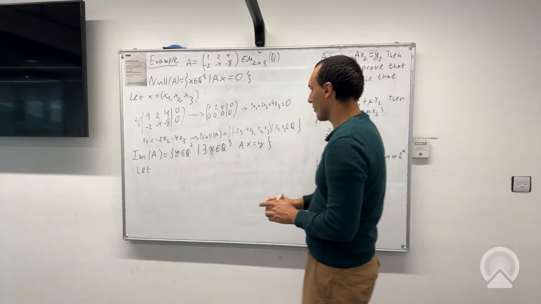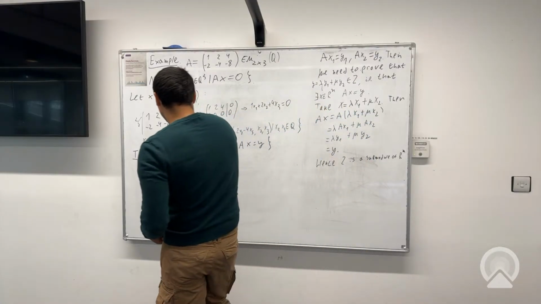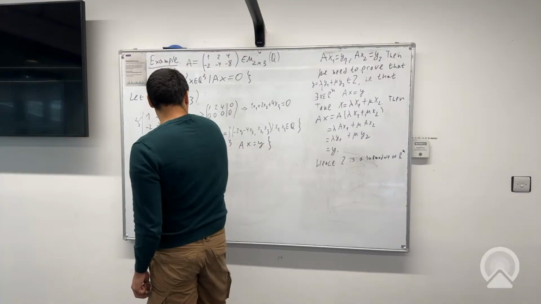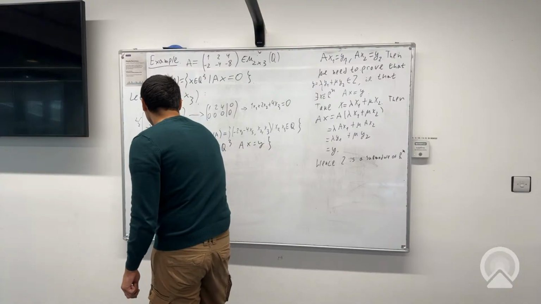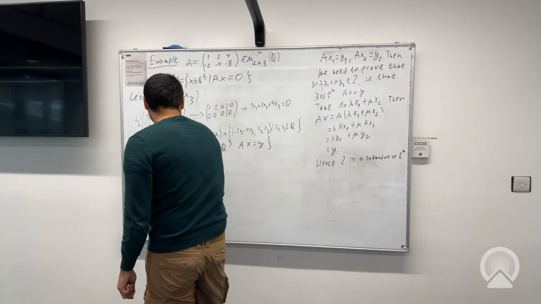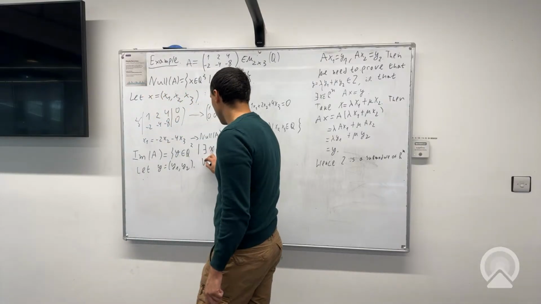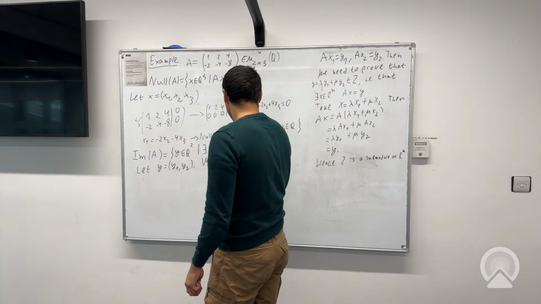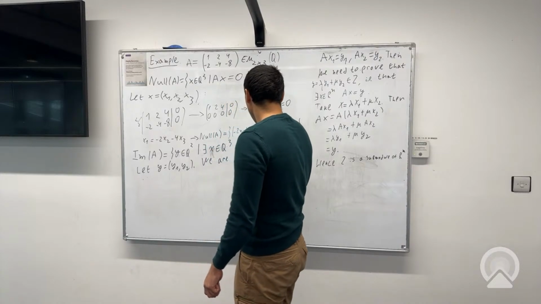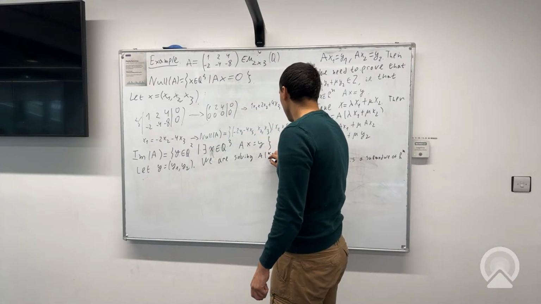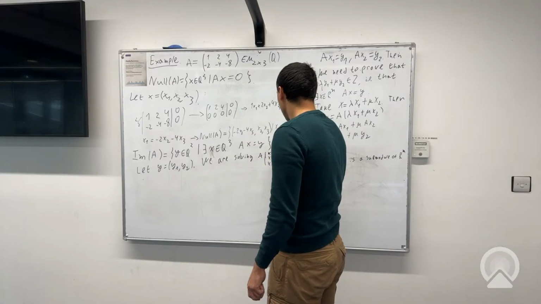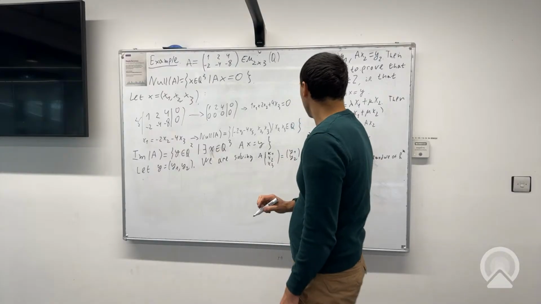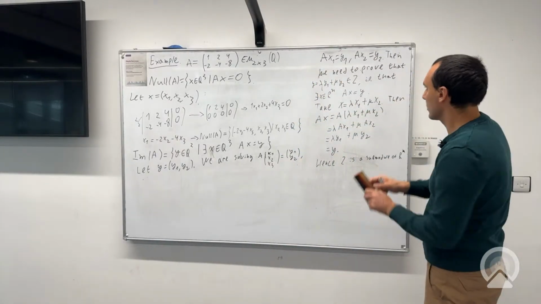So let y be (y1, y2), and we are solving A times (x1, x2, x3) equals (y1, y2), which is equivalent to